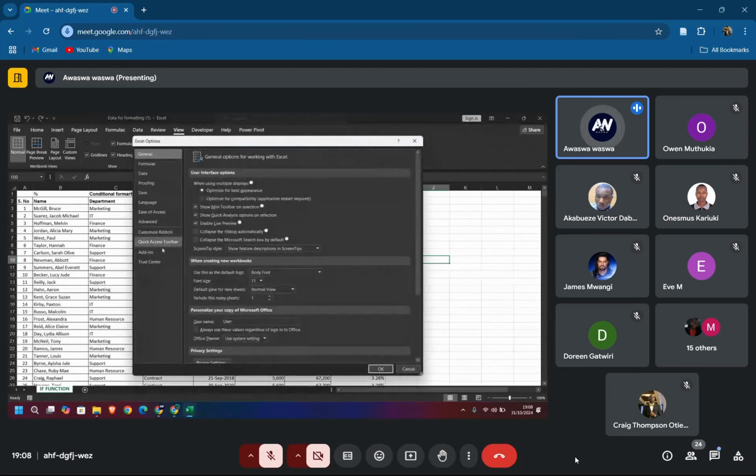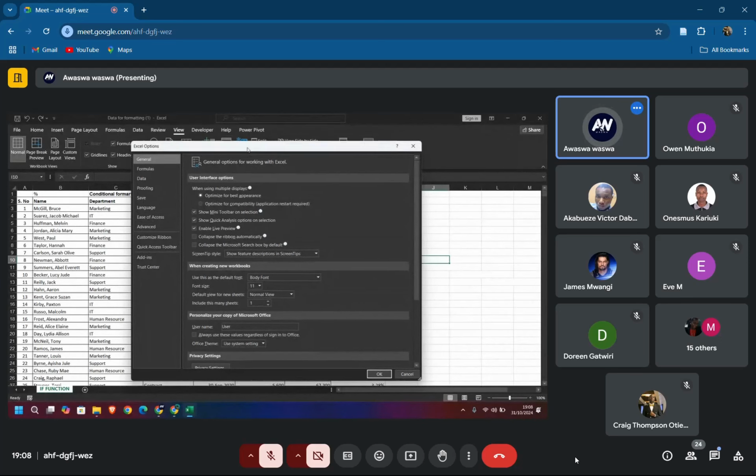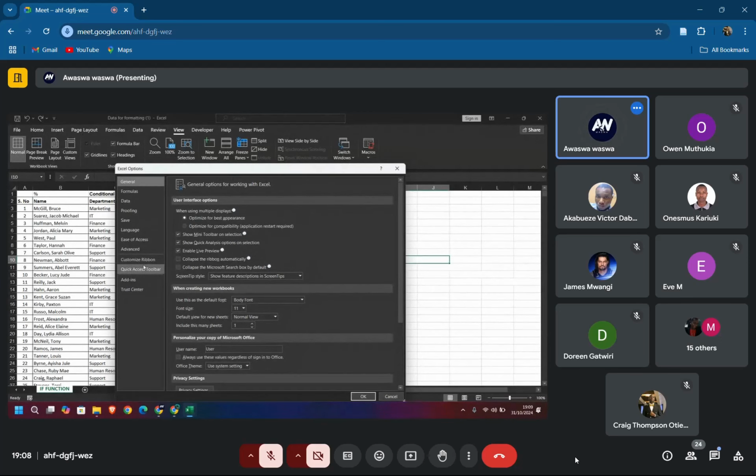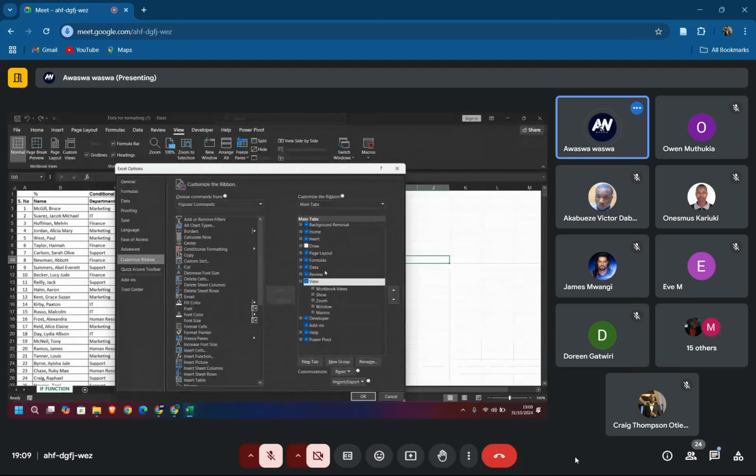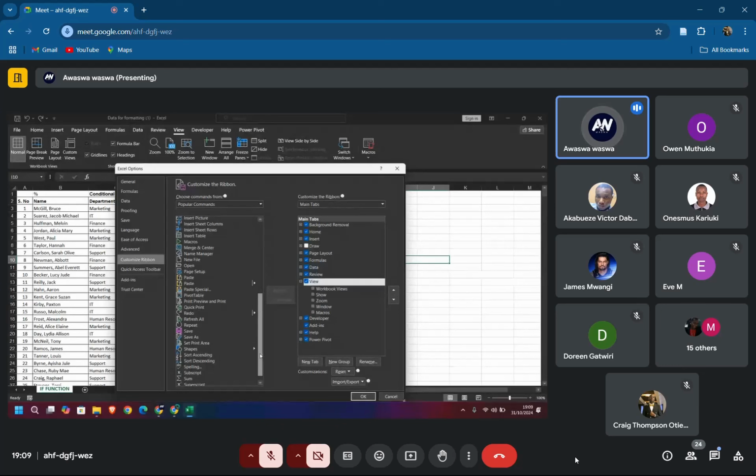So there is also, you go back to option. So I want to look at maybe something, my ribbon up here, and I want to look at maybe the files, the ones that I need up there. So you come to customize ribbon. Everything that has been ticked here is already on the customized ribbons there. So in case I need to add something,